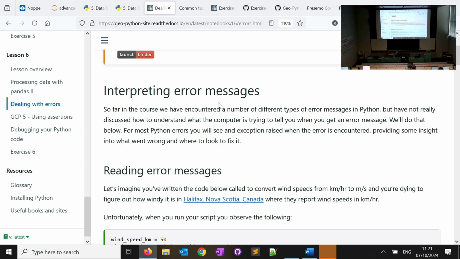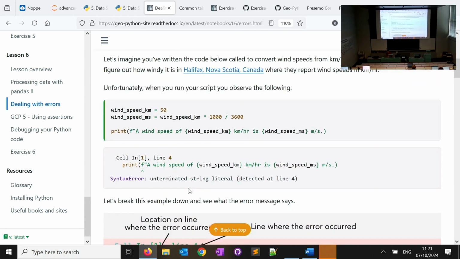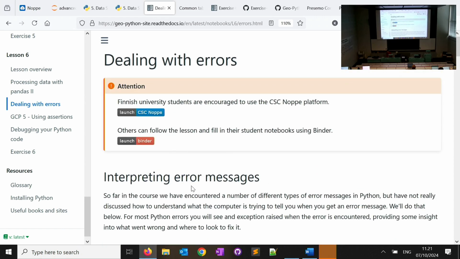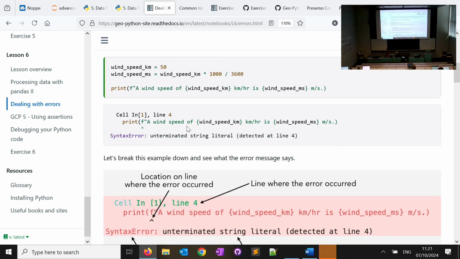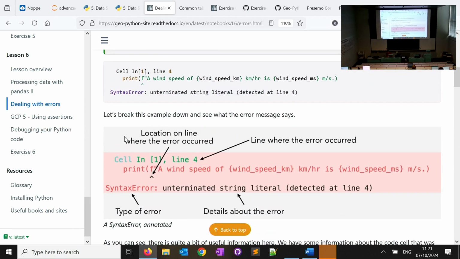And the errors are very informative. All programming languages have some way of showing the errors. In Python, they are quite informative, and they have become even better after Python version, I guess 3.10. There was some major upgrade, and then the errors are a bit more informative. So you probably have already figured out what these error messages mean. They usually look like this. Of course, it depends on what environment you're running your code from. The styling might be different, but the